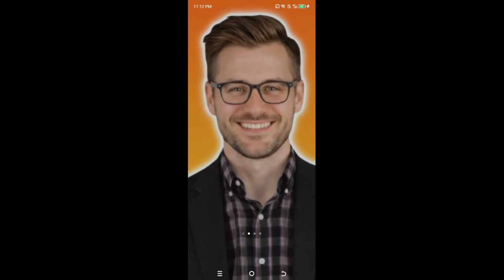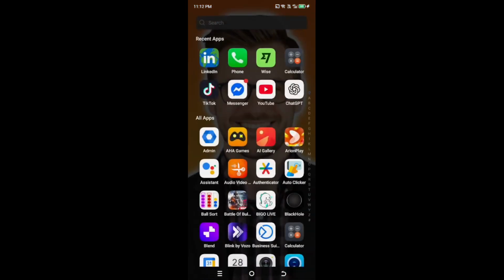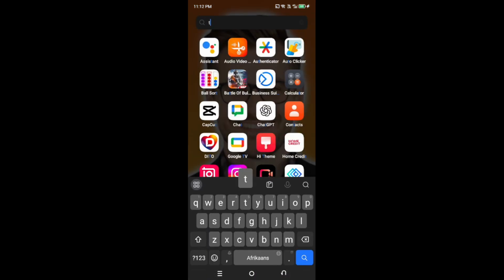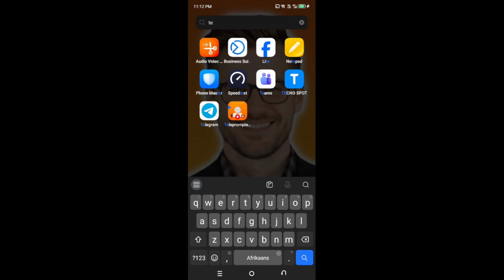In today's video, I'm going to teach you how to scan a QR code in Telegram to join a group using the built-in Telegram QR scanner. First, open the Telegram app on your phone and make sure you're on the main screen where you can see